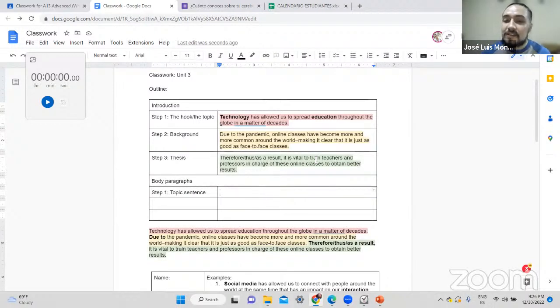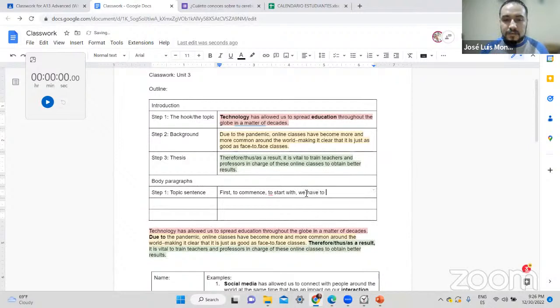So if I say that training teachers and professors in charge of these online classes can give better results, I can show what those results are. So I can say simply first, or any of those expressions, right? The commands, to start with. Remember that it's advisable to use those connectors. So first, the commands, to start with,